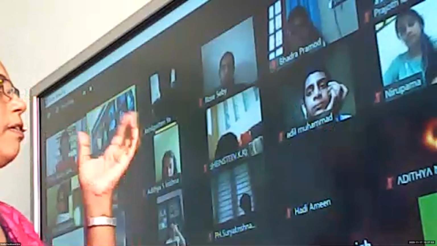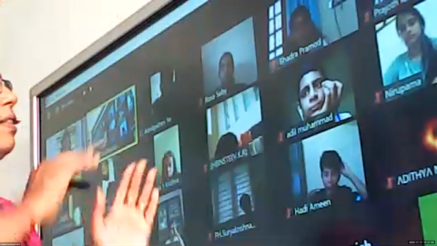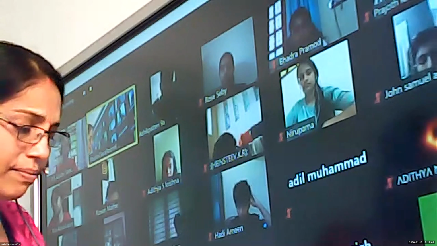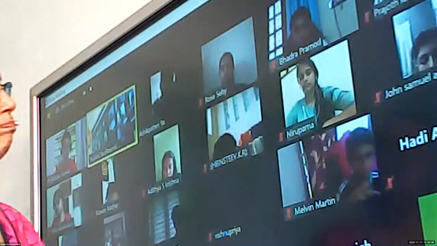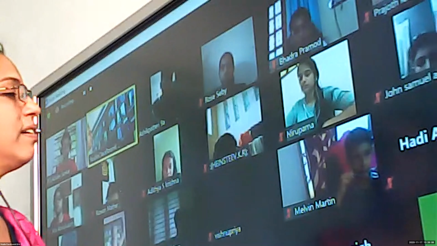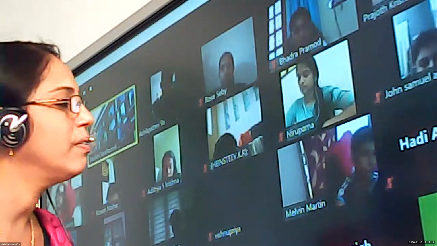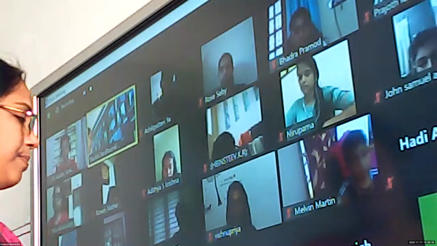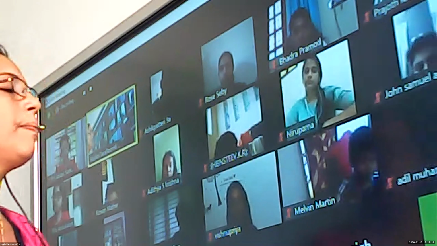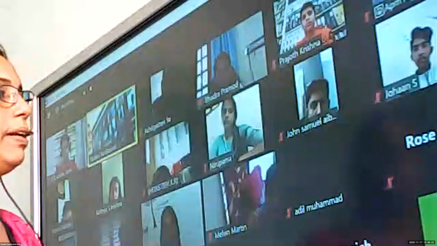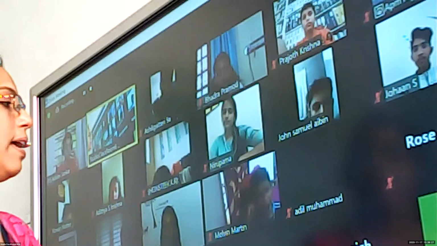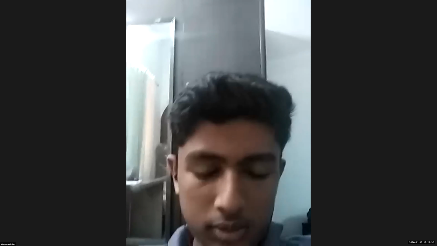How can you understand these are congruent? We take one blade or one biscuit and keep one over the other. Will it coincide everywhere? Is it same, children? Yes or no? Yes, ma'am. So what did you understand from the congruent figures? Congruent figures will be same in size and same in shape.